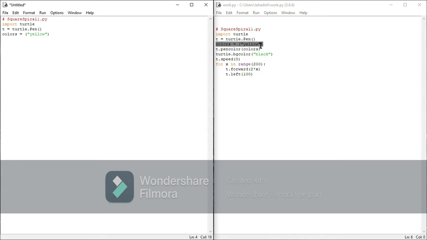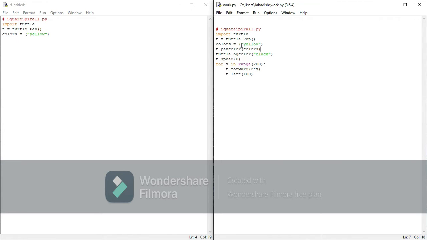So now let's go to the next line. T dot pen color. We didn't instruct the turtle pen to use a specific color, so we are writing yellow in a variable called colors. A variable is a word or a group of letters which can vary according to the code.